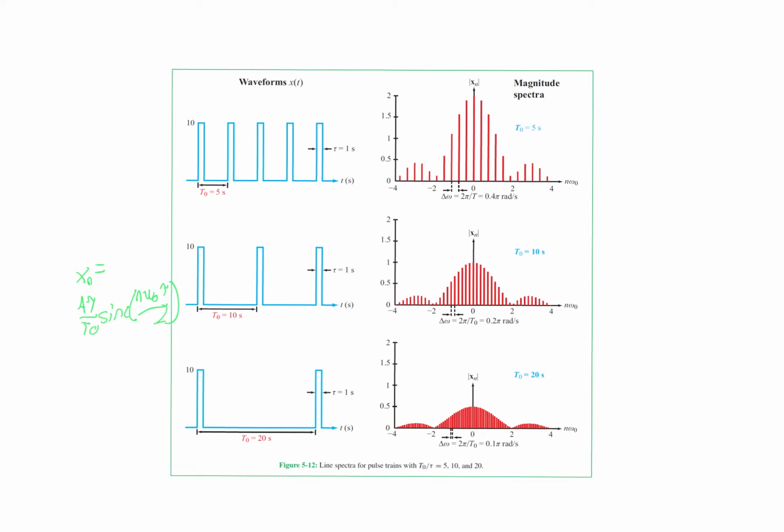So what we have here is this sinc function, this n omega naught. I could think of that as just being eventually any omega as I let omega naught get smaller and smaller, so I take smaller steps as I let the period t0 approach toward